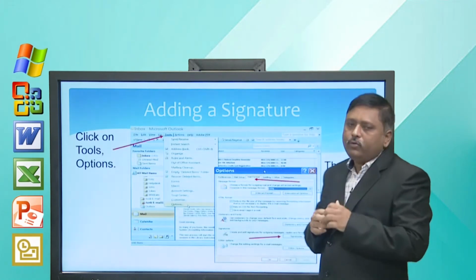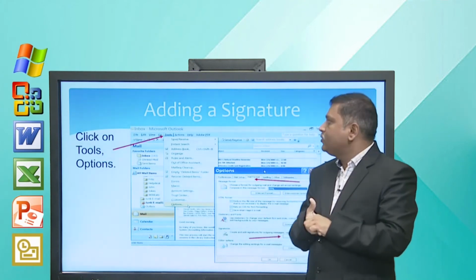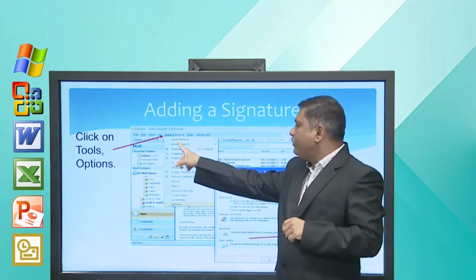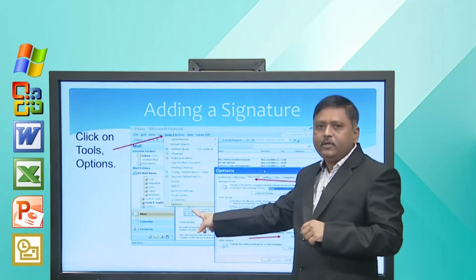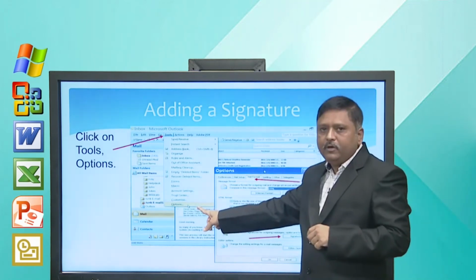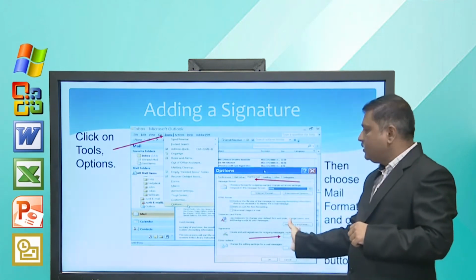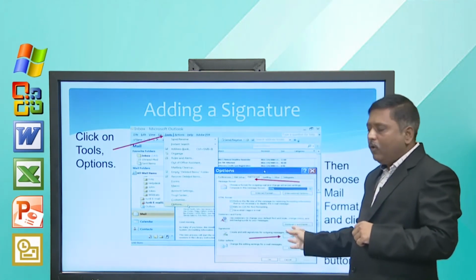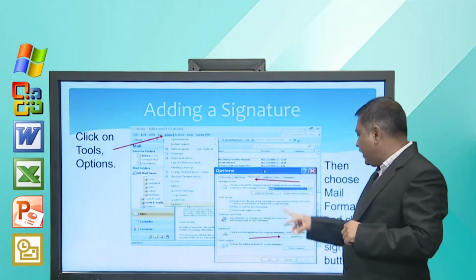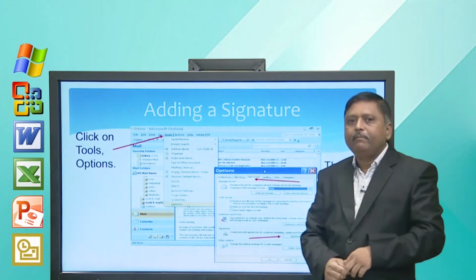Now, how to create a signature? We have discussed that we can have a signature. So, to create a signature you have to go to the tools menu and then select options, and when you click on this options command, it will open one dialog box, and inside that dialog box we have to go to the mail format tab, and in the mail format tab we have to select this signature button.